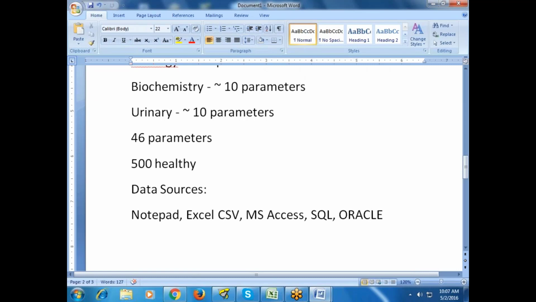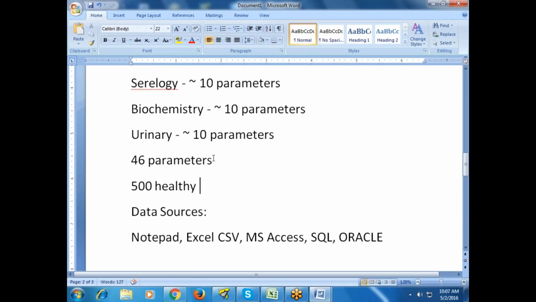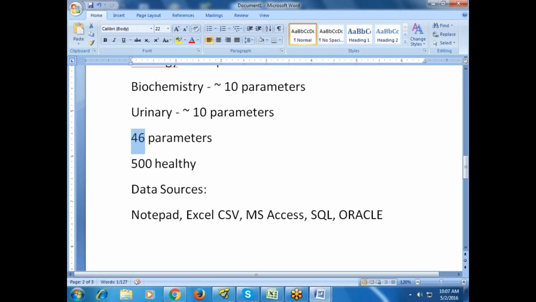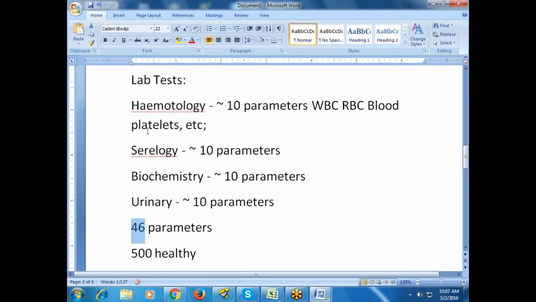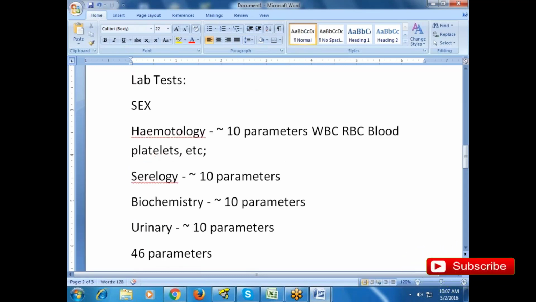So now our point is I have to write a condition for all these 46 parameters. Again these parameters change with respect to a variable called sex. For males your percentage of hemoglobin is different. For females again it is different. All your laboratory parameters change with respect to gender. I already have this data in Excel. Will it be easy for me to write a conclusion by looking at 46 parameters? Okay, I'll write it.